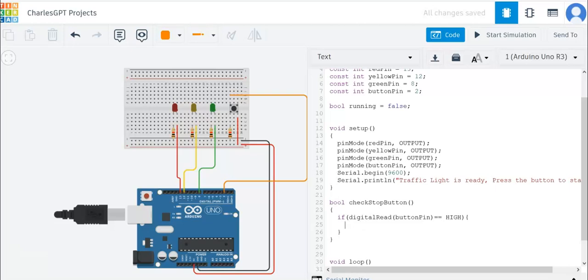my caps lock again. Running is equals false because we have declared the variable. Don't forget your semicolon though. So they will print this in the serial monitor. Serial dot print line